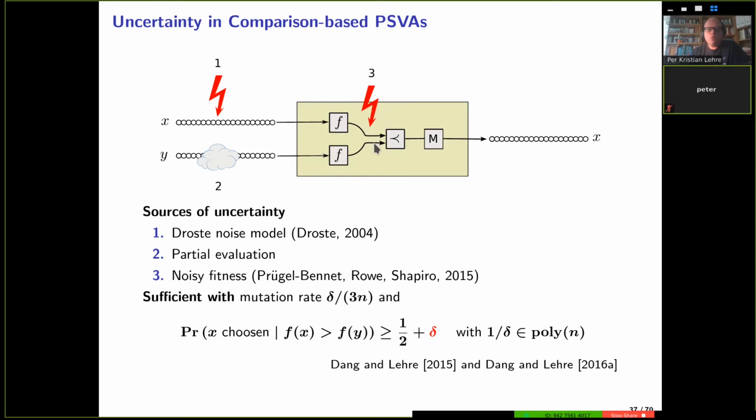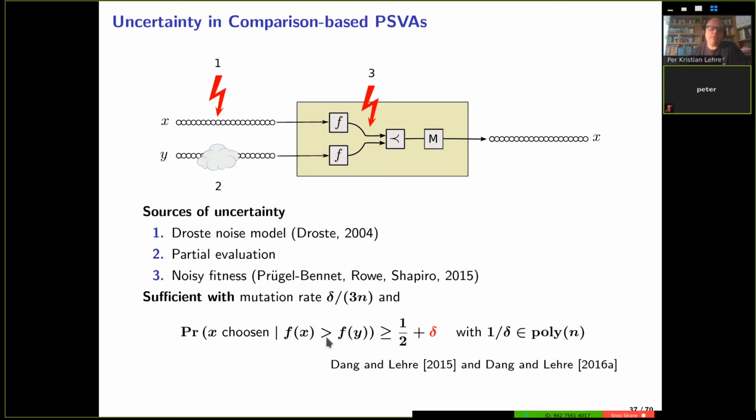So let's say we use tournament selection. We pick 2 individuals and compare them based on their fitness, and then we might have some probability of doing something wrong, perhaps because you get some noise on top of the fitness. But let's assume that if we pick 2 individuals, x and y, x is strictly better than y with respect to the fitness,